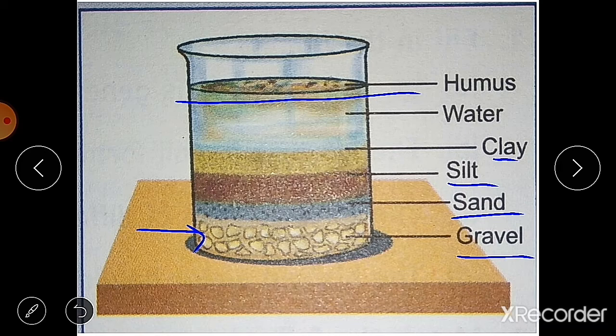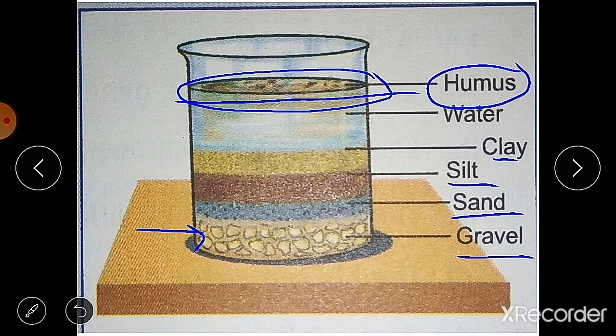Then humus, or decaying organic matter present in the soil, will float on the upper surface of the water. Thus we can say that more or less distinct layers of soil are separated. You can see the different layers of soil separated in the beaker, and this arrangement of different layers of soil is known as soil profile, and that is what we are going to study next.